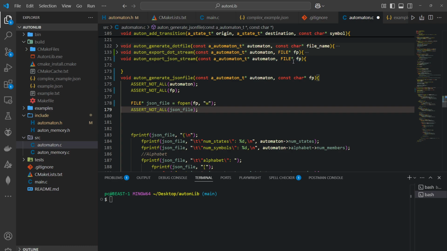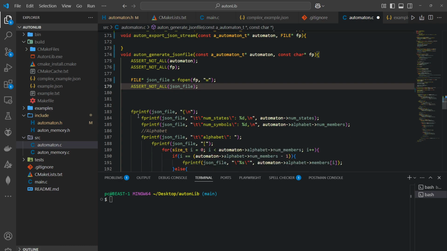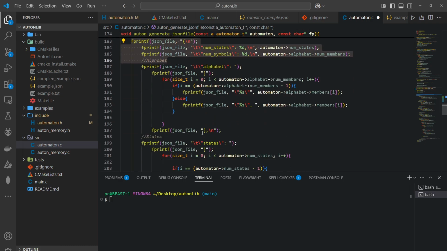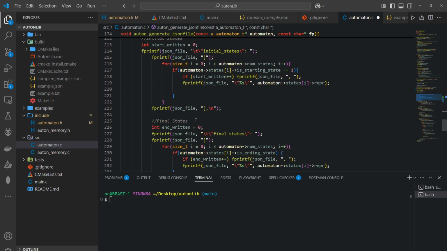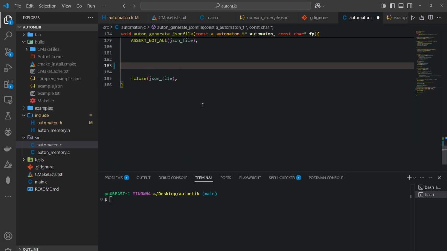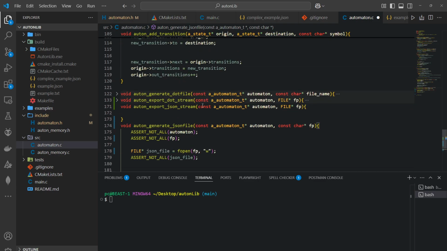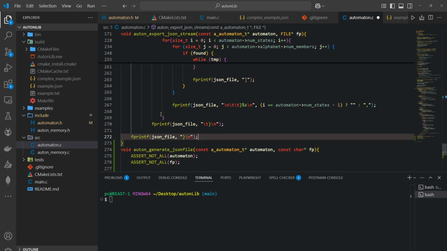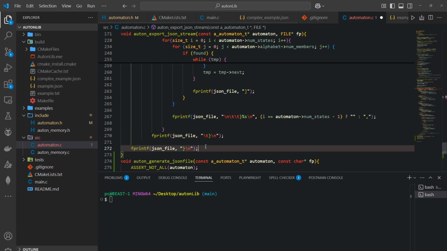We have an FP, so we don't have to worry about opening the file. Right, so we grab that, grab everything. Yeah, so up to this point. So I'm just going to say Control X, and I'm going to paste it here. Auto export JSON stream. So we just have to check that we are writing everything to the